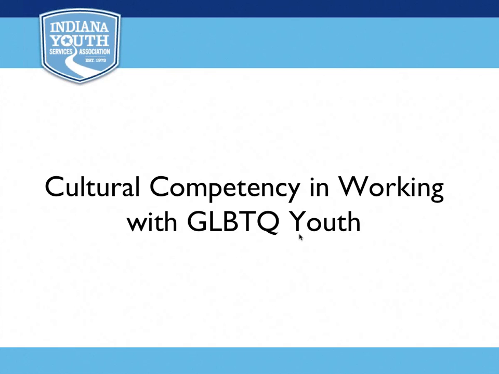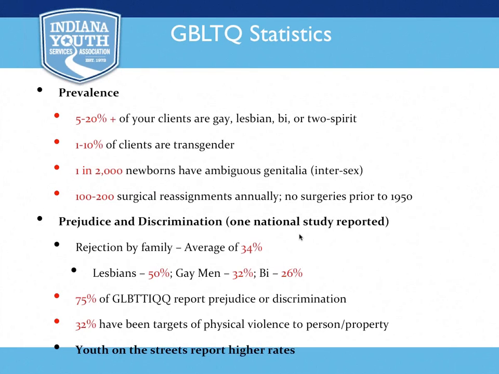So we're going to start with looking at working with youth who identify as gay, lesbian, bisexual, transgender, or questioning. And a lot of times it's very difficult to nail down statistics around prevalence. So you see a lot of variation in the reports around people who identify as gay, lesbian, bisexual, transgender. 5 to 20% or more will identify as GLBTQ, with Q for questioning. 1 to 10% are transgender,